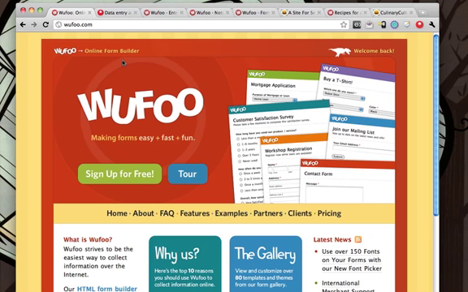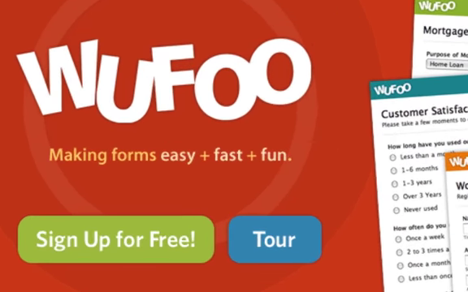Hi, I'd like to show you how to integrate data you collect from Wufoo forms into almost any web app on the internet using Automato. For those of you who aren't familiar with Wufoo, it's an awesome online form building service that makes collecting data